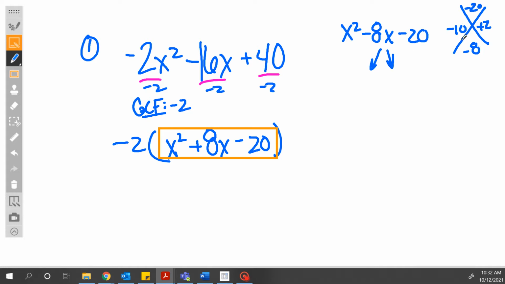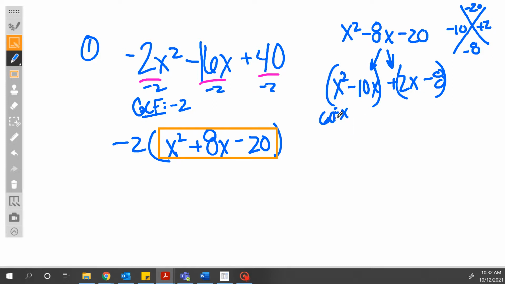Alright, so I'm going to use that to split up the middle term so I can factor by grouping. X squared minus 10x plus 2x minus 20. I'm going to group the first 2 terms and group the second 2 terms and take the GCF out of each of them. So the GCF for the first group here is just x. So I'm going to take out the x, leaving me with x minus 10. GCF for the second group here is positive 2. So I'm going to take out a positive 2, and I made a